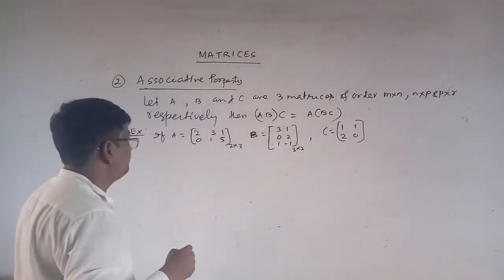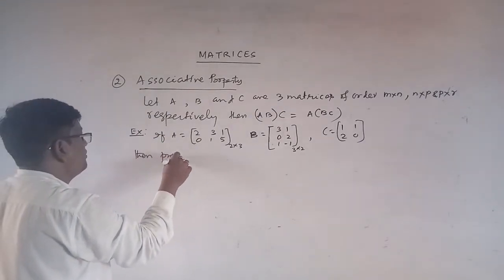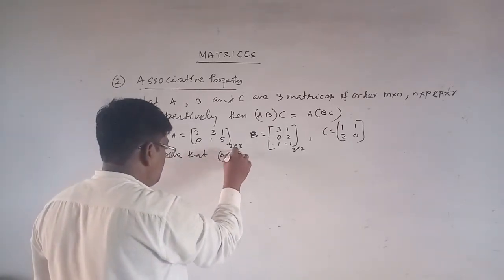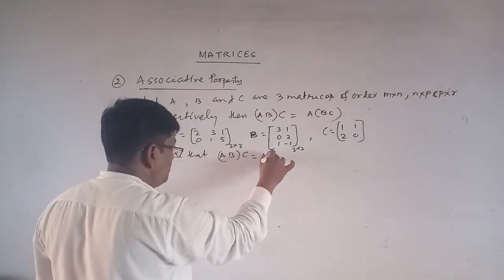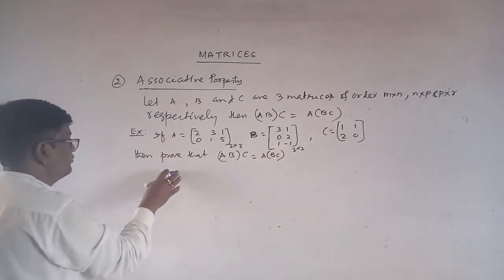Then verify, prove that AB into C is equal to A into BC. Okay. Now for the left hand side solution,